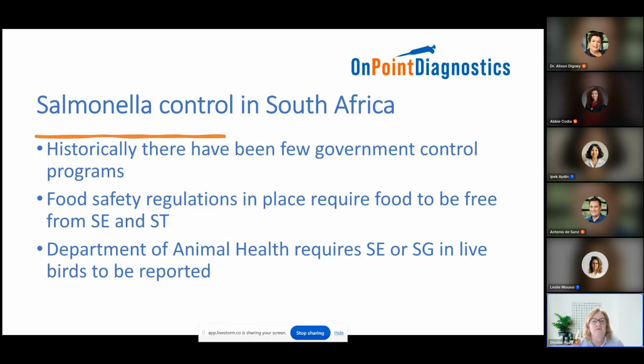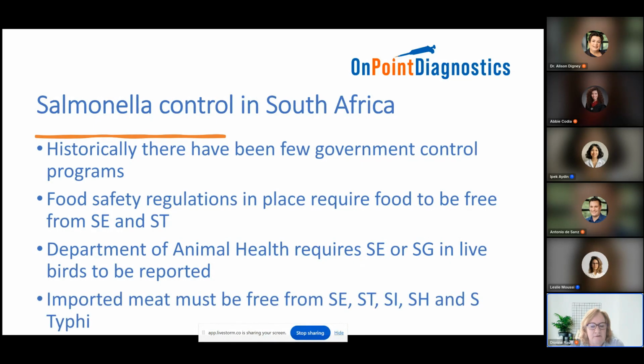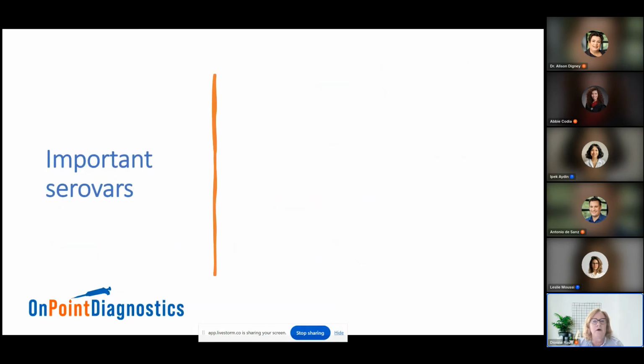The other place where there is a control is that imported meat must be free from SE, ST, SI, infantis, Salmonella Heidelberg, and Salmonella typhi. There is a draft program for